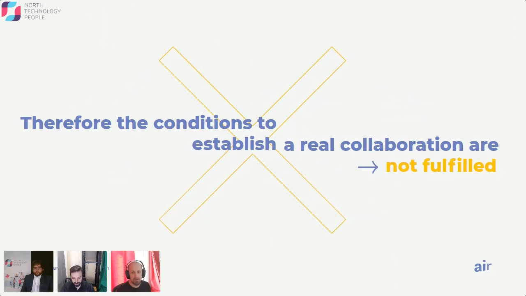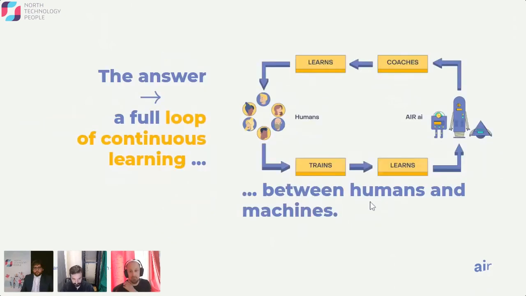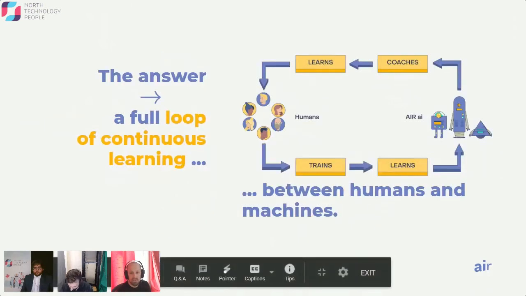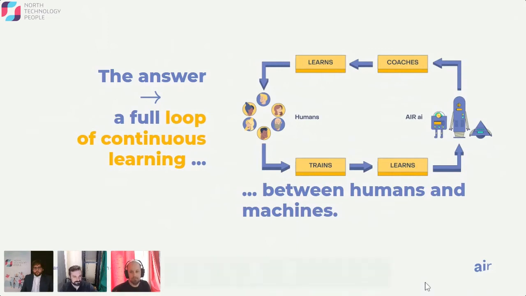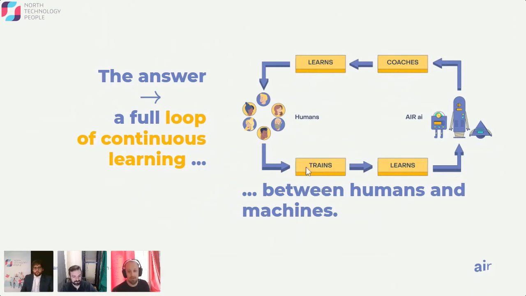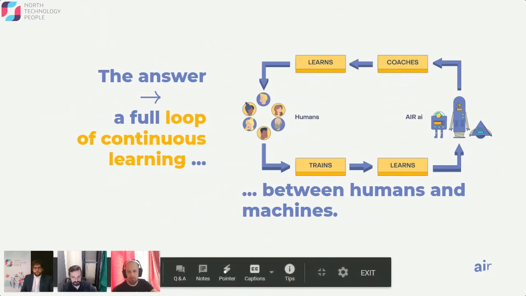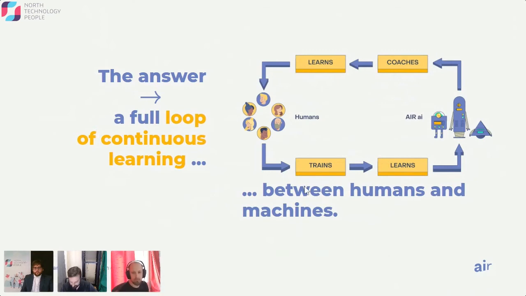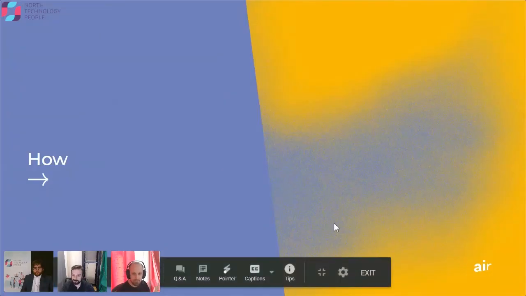And so when you think about it, you don't really have the conditions to establish collaboration-type training. And we believe really that the solution is in building what we call common experiences, where you can have both an AI agent that learns directly from interactions with a human, but at the same time you can have also the human that learns from interaction with AI, which creates that sort of virtuous circle of learning and training between both. Now I'll let François talk about how we do that.